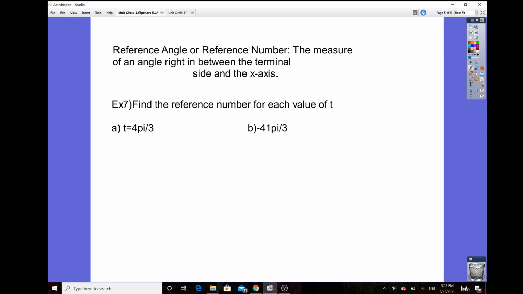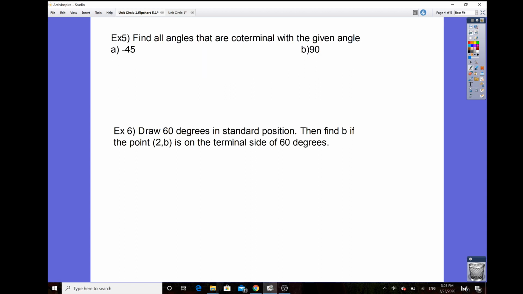Okay, so we do have 2 more slides to go. Now for example 5, you want to find all angles coterminal with the given angle, negative 45 degrees. All the coterminals, so basically just simply add. There's a general formula for this, so you want to add and subtract 360